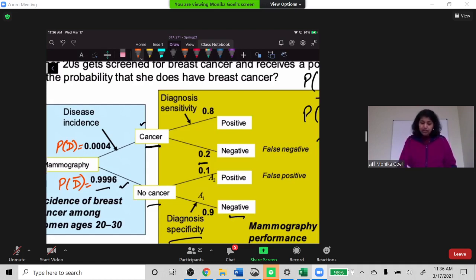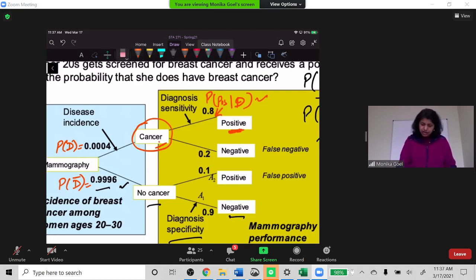So let's look at when the test is positive with the disease. When we are looking at this, the test is positive, but I don't know until I know that there is a disease or no disease. So this part is given to me. So the probability that there is a disease and the test comes out to be positive, and this is this probability. So test is positive, we know that, but given that there is a disease. So this is the probability of the test coming out positive when there is a disease.